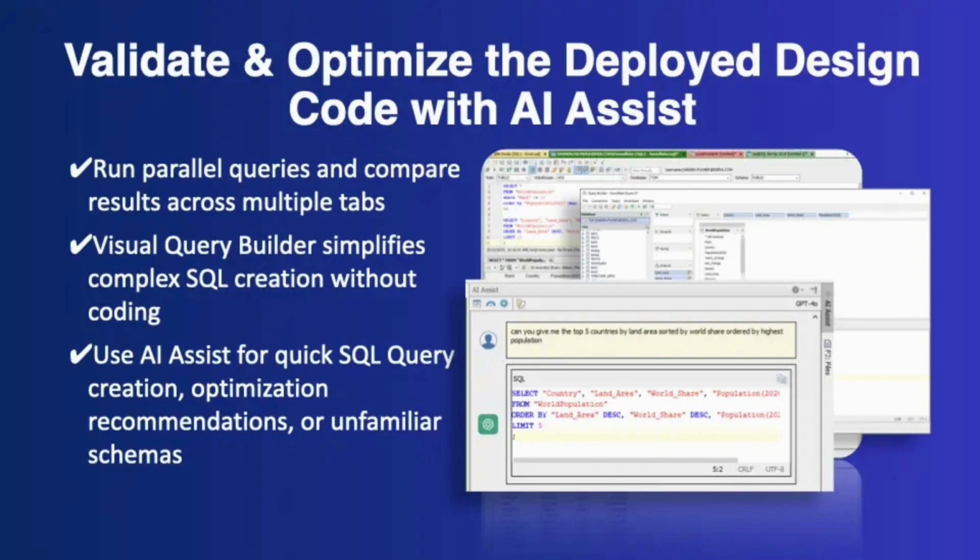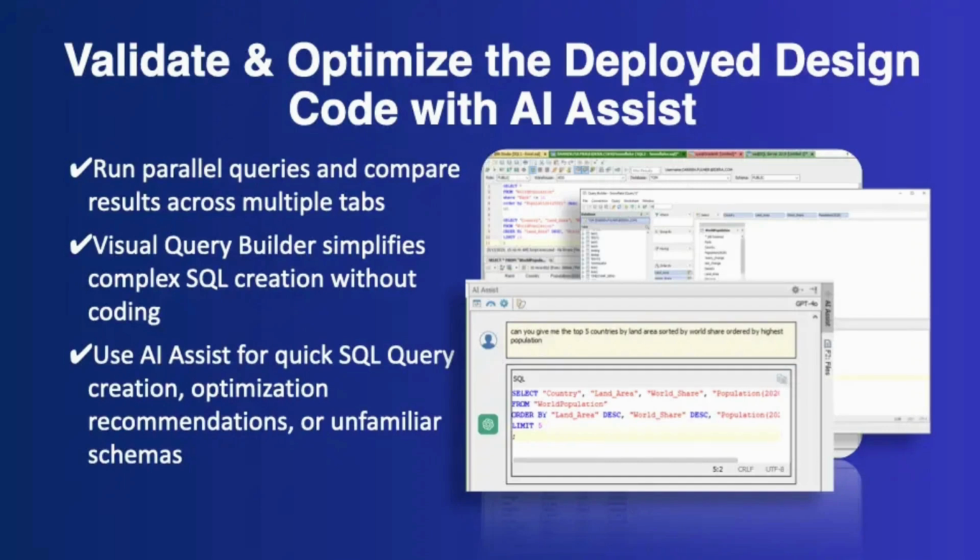There is a built-in query builder tool, and this allows users to visually design and refine complex SQL with joins, filters, and aggregations without having to write all that code from scratch. And this is a view of what that looks like